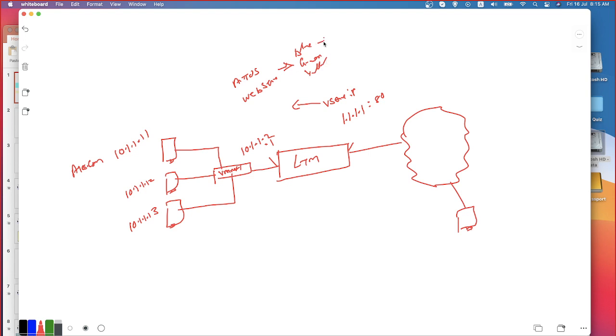Each server is considered a pool member. The blue server has an IP address of 10.1.1.11:80. The green server is identified as 10.1.1.12:80.